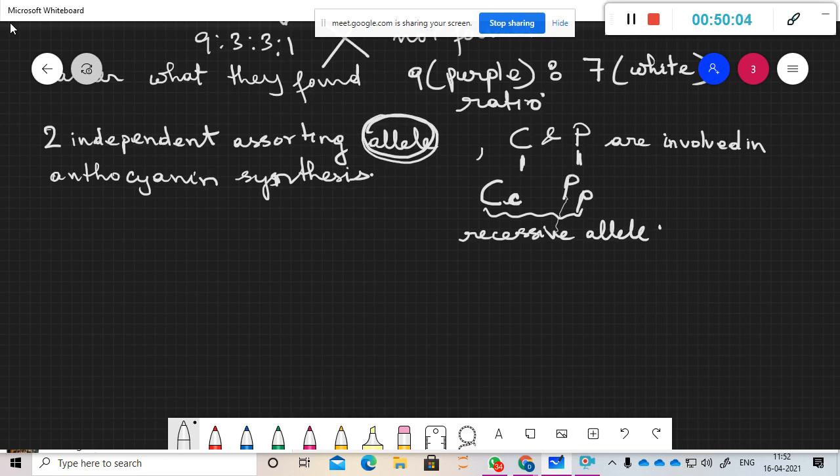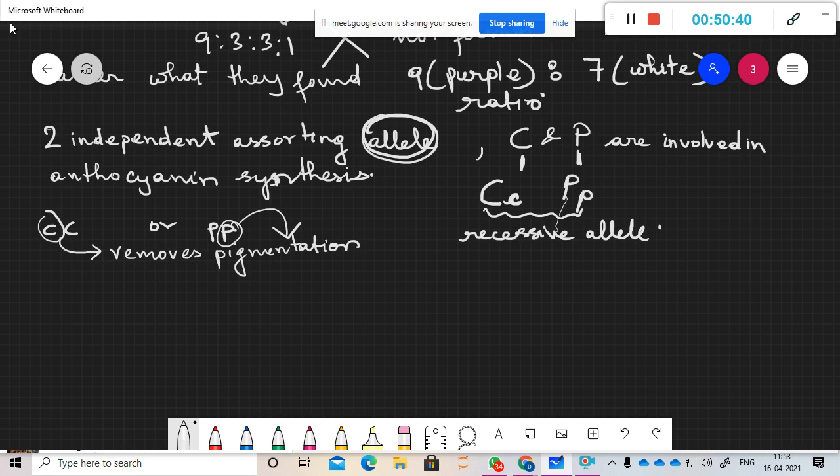So when it is CC or PP, or when it is C, this removes pigmentation. Or same here. So if you give this phenotype,